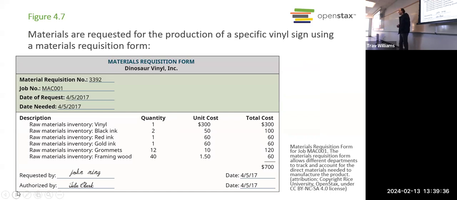So how do we keep track of all these costs, right? That can get complex, but of course there are methods that you can use to help keep things organized. What we have here is a materials requisition form. So if you work on the factory floor and you're ready to start working on a job, let's see, is there a job number? Job number MAC001. Then you would put in a requisition that says, okay, I need certain materials out of the storeroom so I can start working on this job.